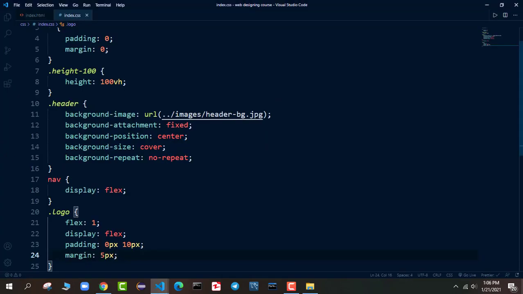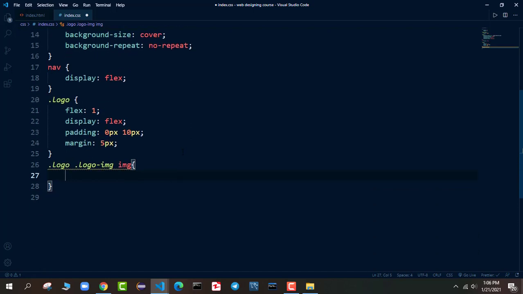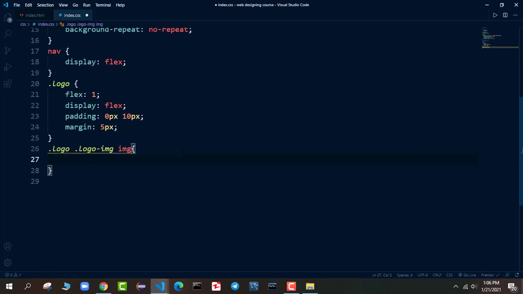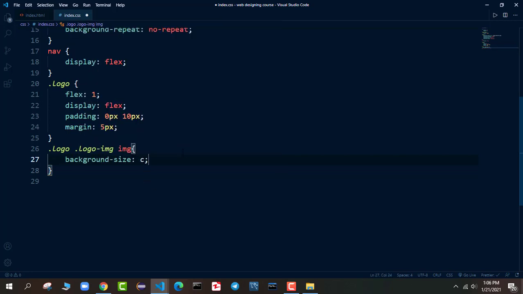Now we want to style our logo image. So I will say dot logo, and inside the logo we have dot logo img, and inside this we have the image tag. So we want to style that image tag. So I will say background size cover. So it will cover the whole background size.